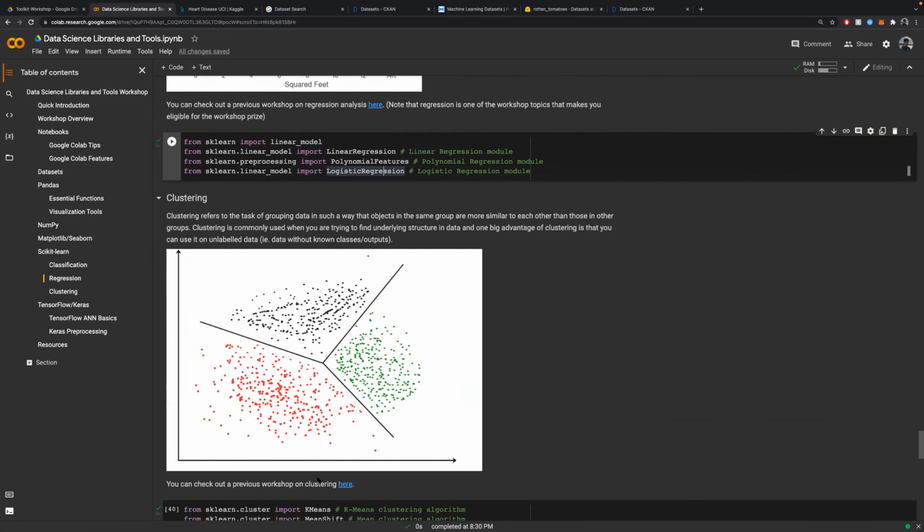And so the last application I'm going to look at is clustering. Clustering refers to the task of grouping data in such a way that objects in the same group are more similar to each other than those in other groups. What that means is that you can use clustering as a way of finding the underlying structure in data. And that's a really big advantage because